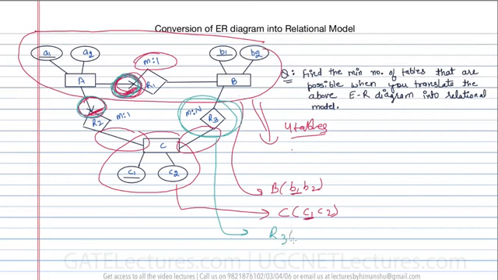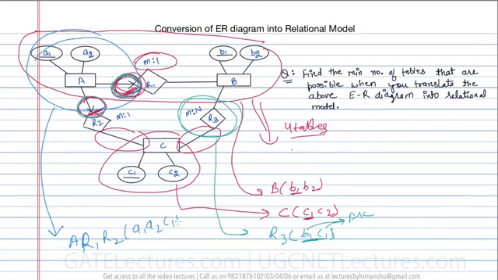For R3, you are going to create a relation which is having B1 and C1 combined as a key, where B1 and C1 both are foreign keys, right? But for this particular A, you have to create one single table only, and this A can be created by combining R1 and R2. So we are going to create a table which is A1, A2, C1, B1, where C1 and B1 are foreign keys, and A1 was the key of this. So here in this case we require only 4 tables. We do not require more than 4 tables.